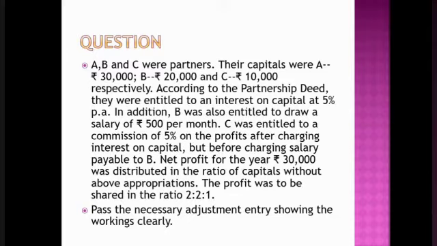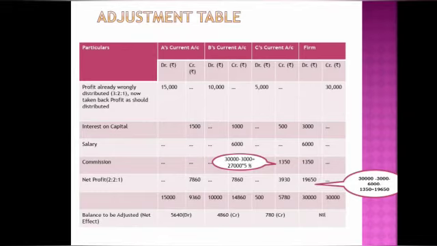The profit should have been distributed in 2:2:1. Now we need to pass an adjustment entry by preparing an analytical table. In this table, we start with the particulars. So the first rectification is we need to take back the profit which was wrongly distributed to them in the